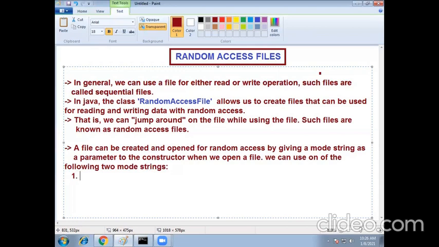One is r. This is for reading only. And the second one is rw. This is for both reading and writing. And similarly, we can also update an existing file.